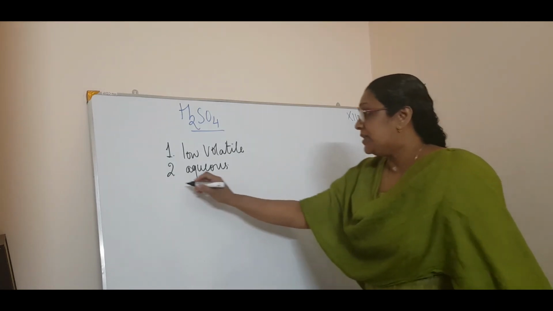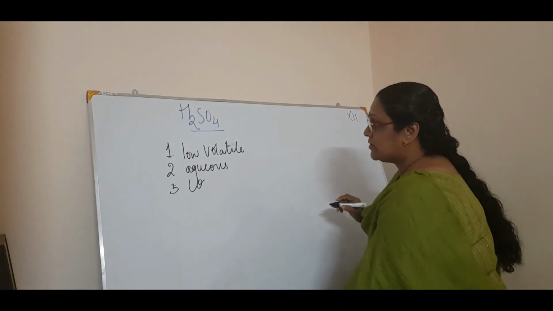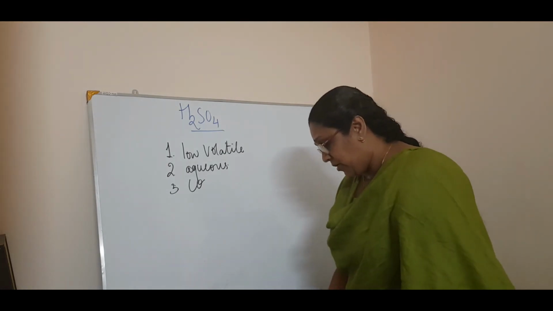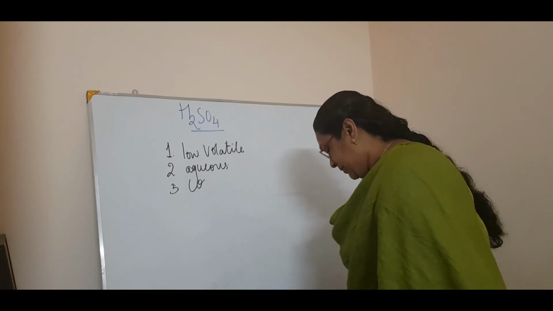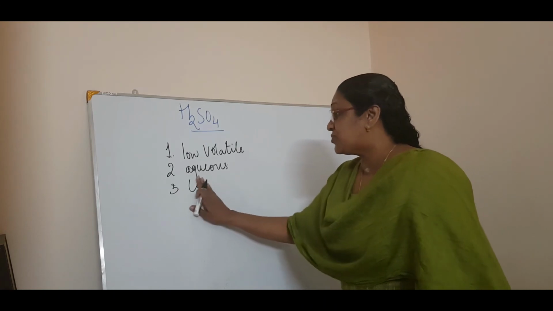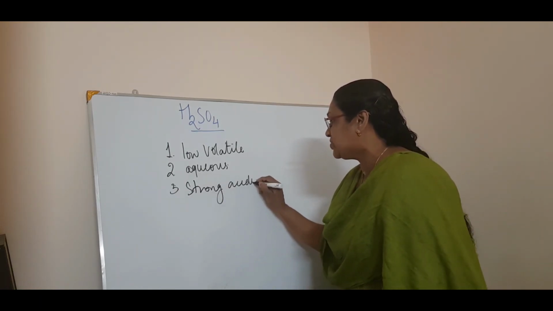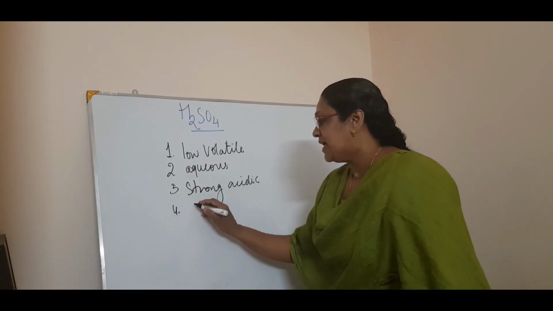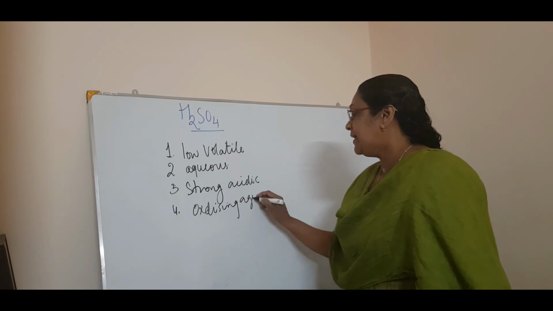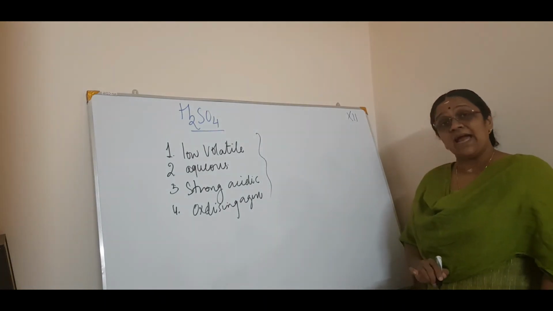Now third is concentrating the acids. Okay, concentration of the acid. We can write it as concentration of the acids. Concentration of the acid, and it will make a strong acidic solution. And the fourth is it is a very good oxidizing agent. See, these are the four properties which make sulfuric acid reactive.